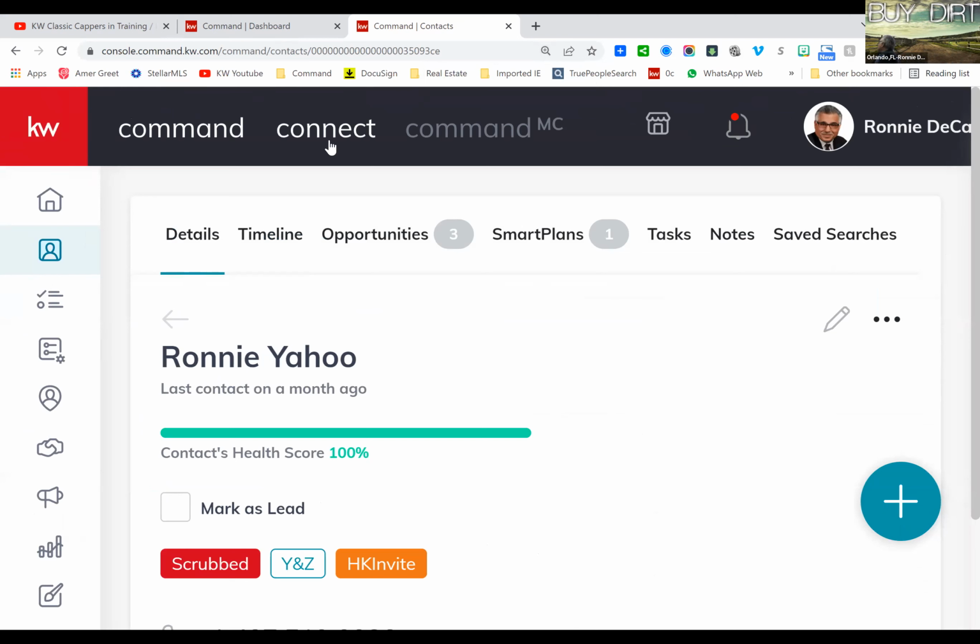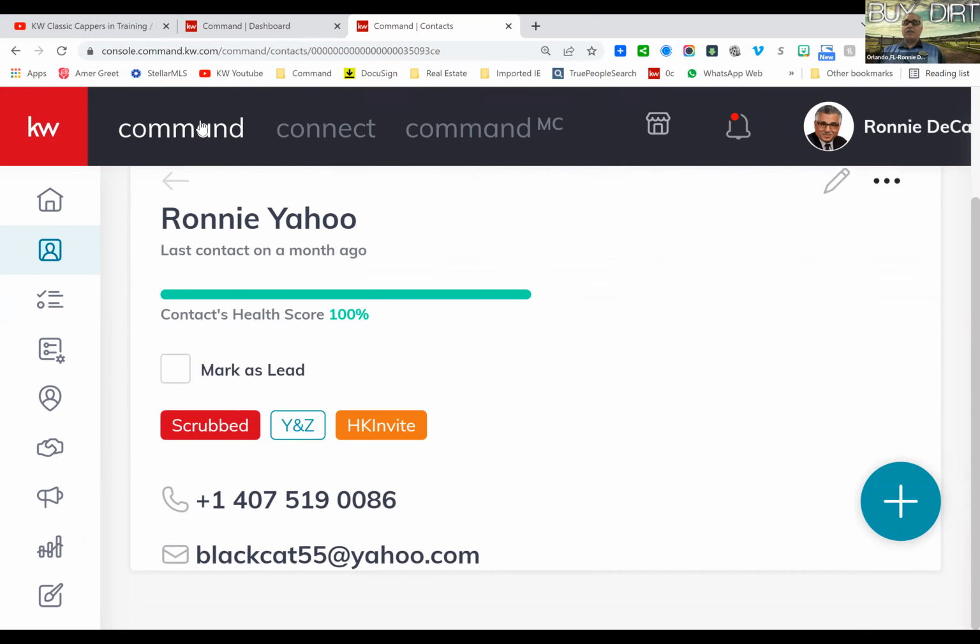The goal is to get them to 100%. The goal is to data mine. Yes, Drew. Sorry, what is the health score? Okay, I'm glad you asked. So how do we get to 100%? You need a name, you need a phone number, you need a physical address, you need an email address, you need a date of birth, you need an anniversary, you need a social media,